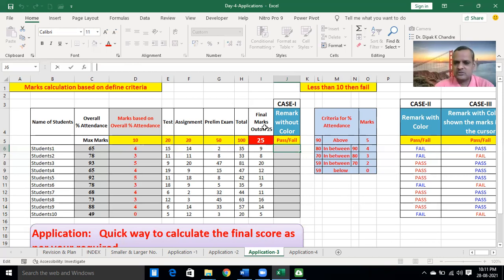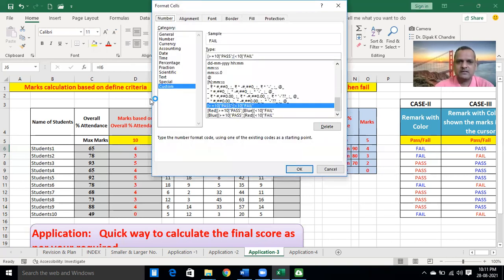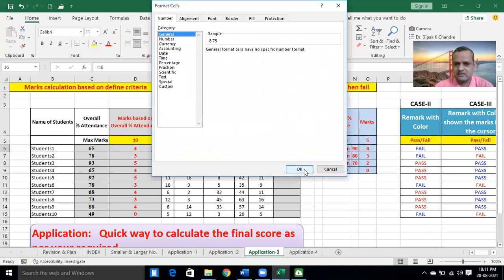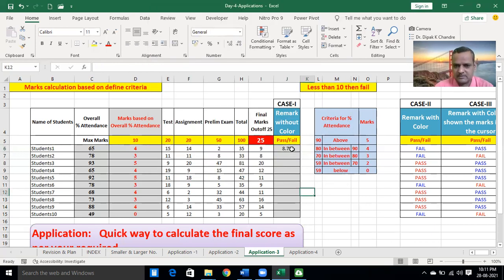You need to show the student pass or fail instead of marks. So again, click J9 and hit this. You need to remove this custom formatting. I will write it here. General, and see here marks.